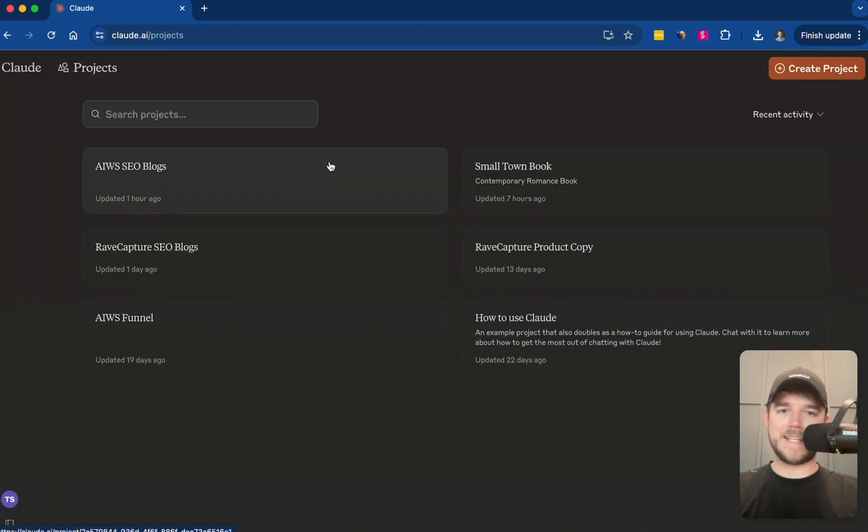So one of the big things that the projects feature helps with is organizing your projects, which makes sense. But to make this a little more practical, the way I use it is I really separate things by brand or by client or by project. And so maybe you have a certain client with a certain style. You can actually put custom instructions inside of these projects. That way, everything that's written inside of that project adheres to those guidelines or that voice, that tone, which is